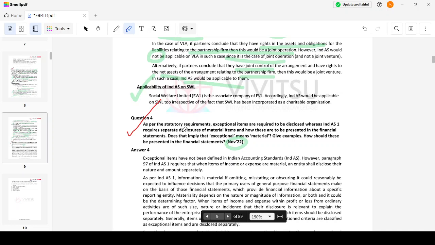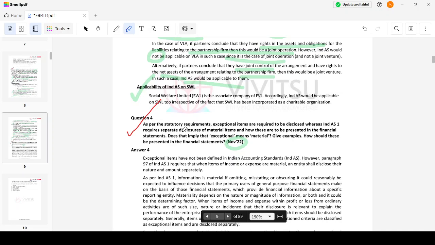As per statutory requirements, exceptional items are to be disclosed, whereas AS 1 requires separate disclosure of material items. How are these to be presented in the financial statement? Does this imply exceptional items? Exceptional means material. Give examples. How should these be presented in the financial statement? This is quite simple, but